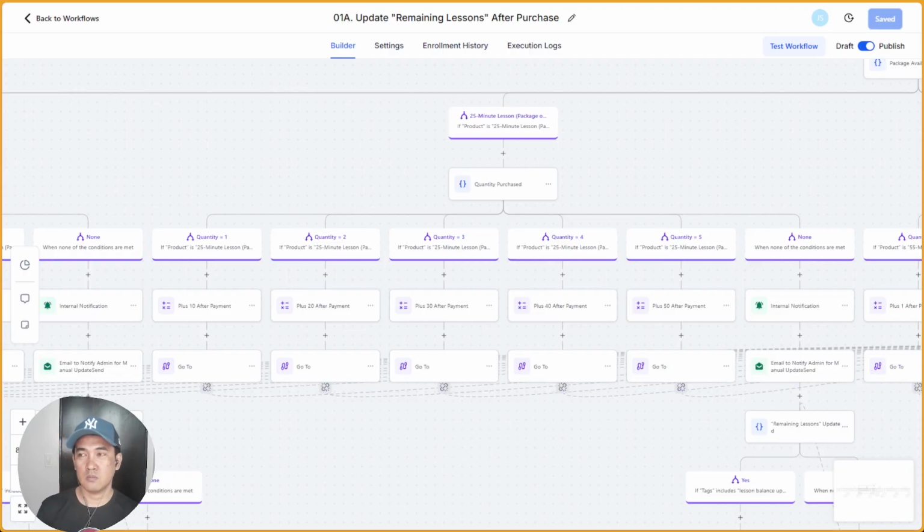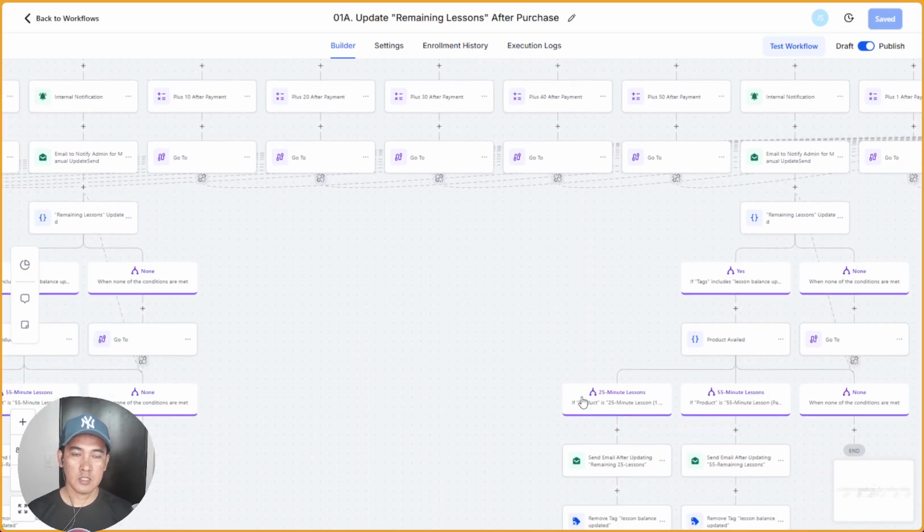It's kind of like prepaid. The client needs to purchase lesson packages first before they can book an appointment for the tutoring. Also, this workflow will not just add remaining lessons.